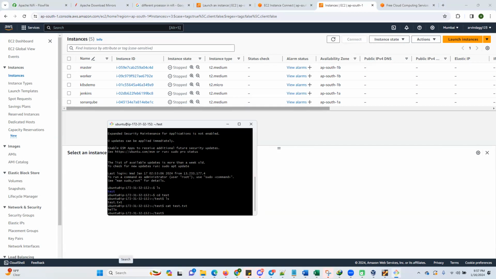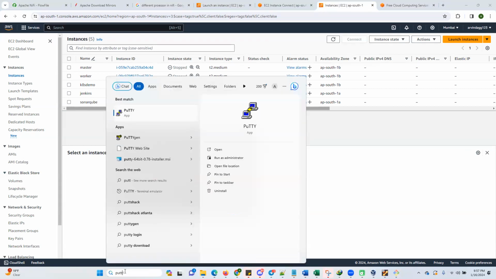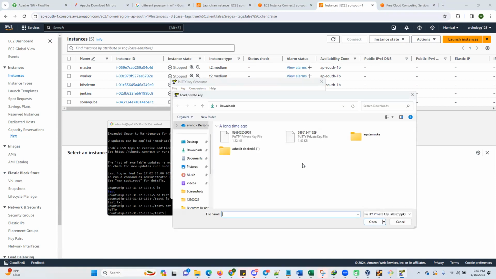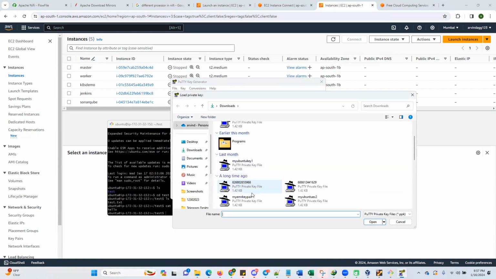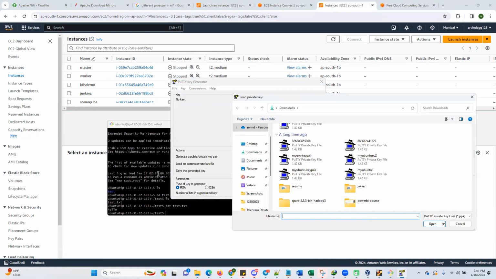I can connect with PuTTY also. But PuTTY will not connect with the PEM file. I have to generate a PPK file. So how to generate a PPK file for PuTTY? You can load the file here. Just take your PEM file here, my EC2 Ubuntu key here. So I will find what is my